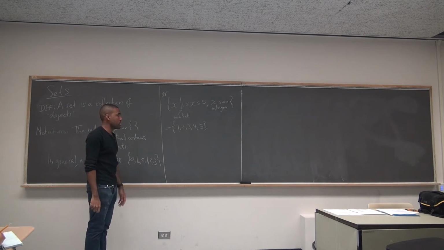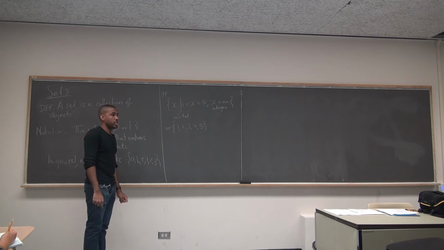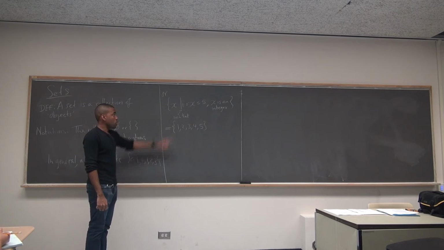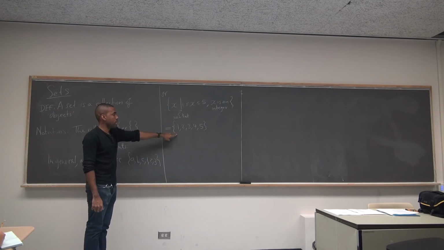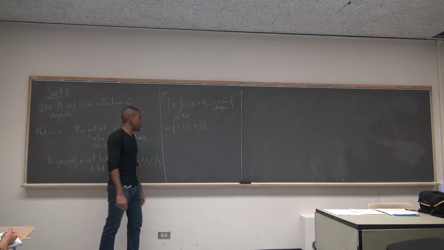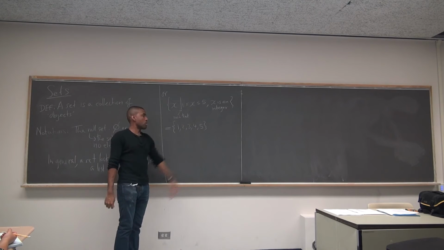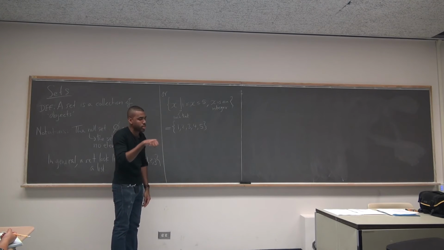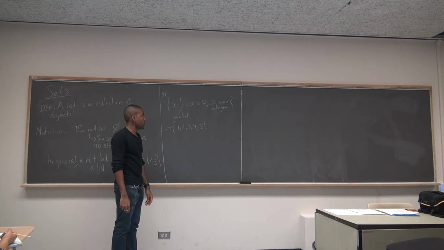Why do I need that condition? Is there a way to write this set of all numbers that are integers? Yes, I'm getting to that. Why you'd like something like this as opposed to that is because sometimes lists can get incredibly long. For example, if I want to list the first 100 positive integers, I'm not going to sit there and write down 100. There are a couple of ways I can do it.